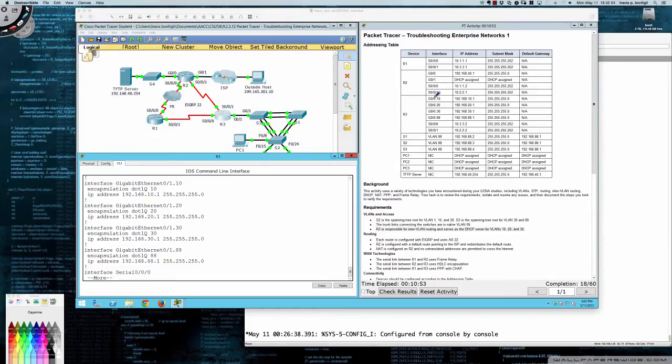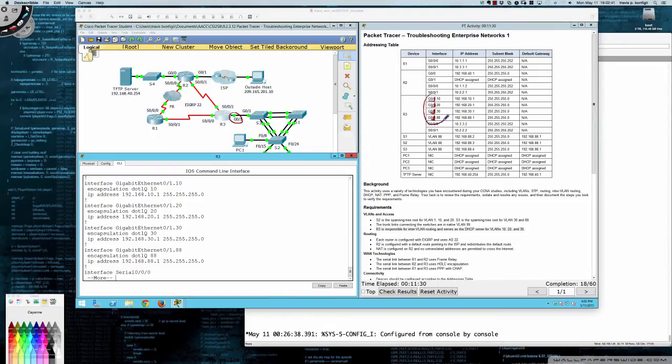So as we look, you can see it's gig 0/0/0. However, when we look over here, it's 0/1 and it's actually configured on 0/1. So it looks as if the addressing table is wrong, that this should be gig 0/1.10, 0/1.20. And in a troubleshooting exercise, this is kind of a catastrophic mistake here on the Packet Tracer side,